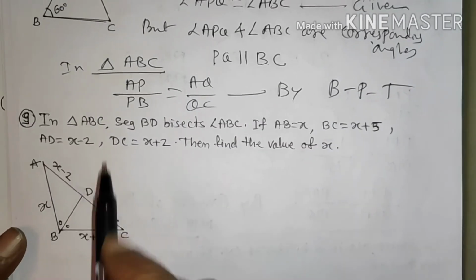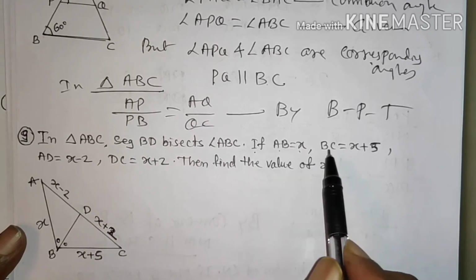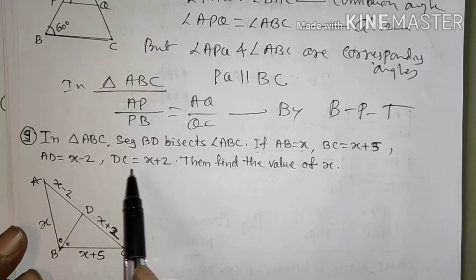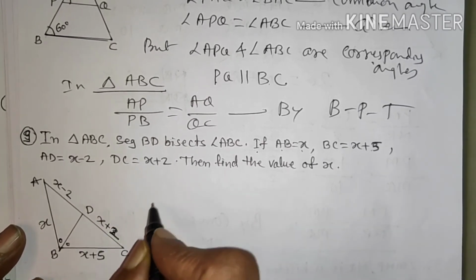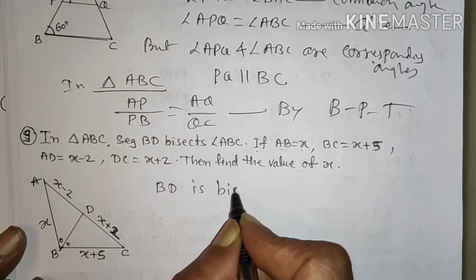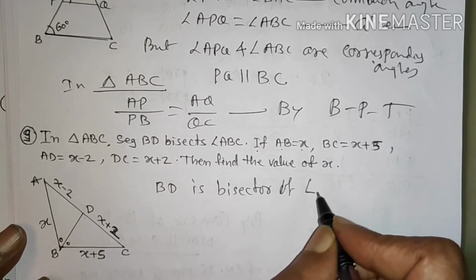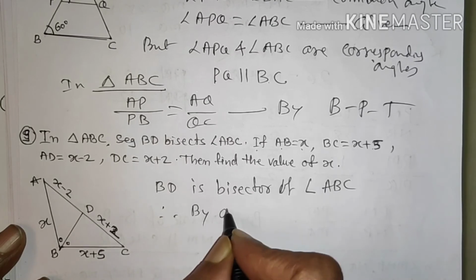In triangle ABC, segment BD bisects angle ABC. If AB is equal to x, BC is equal to x plus 5, AD is equal to x minus 2, DC is equal to x plus 2, then find the value of x. Simply again, BD is bisector of angle ABC. Therefore, by angle bisector property,